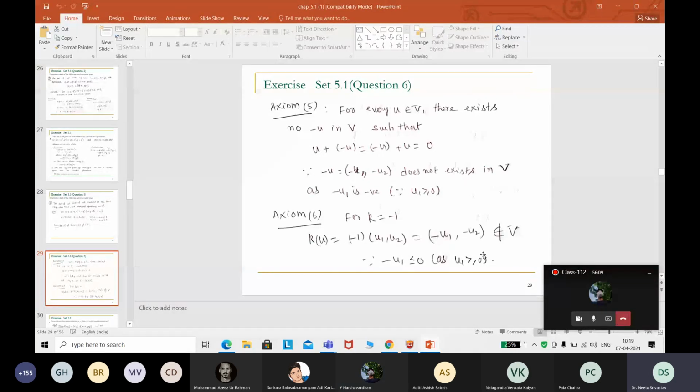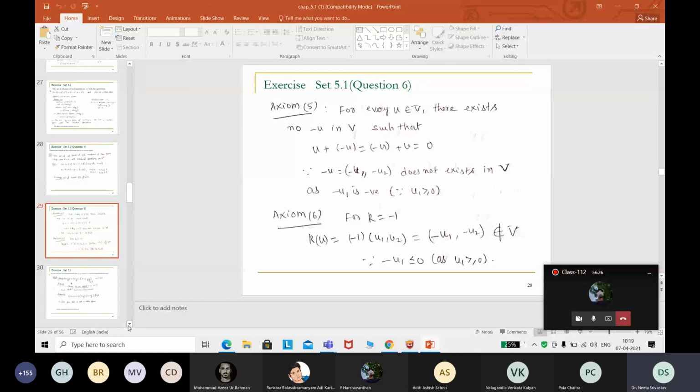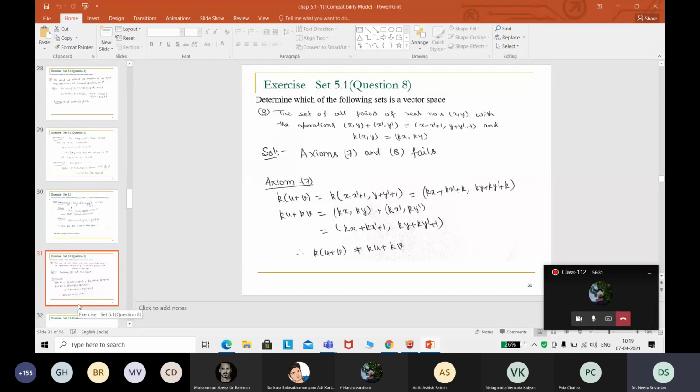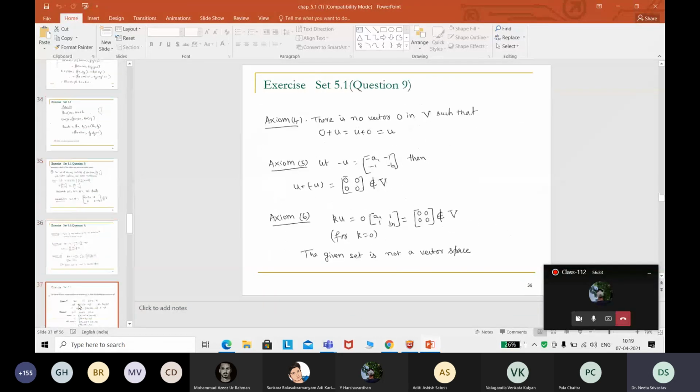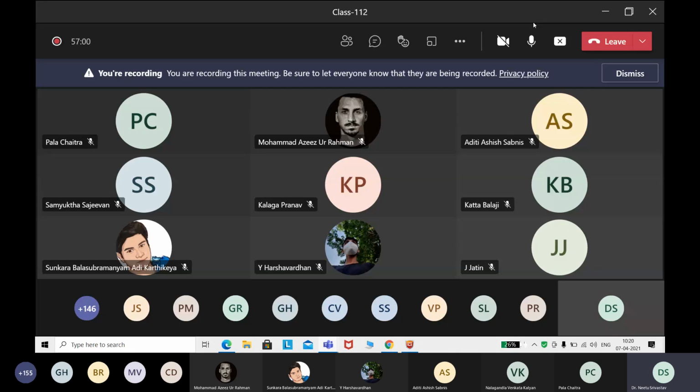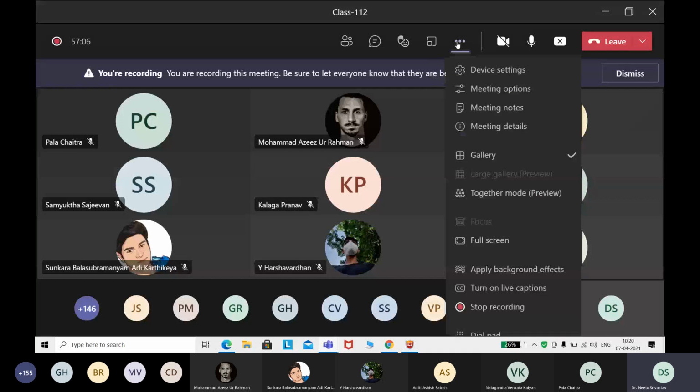Okay. Now 5.1 you people can try, and if you have any problem in that you can ask me, I will discuss. I think this PPT is only 5.1. So first you try and then I will give, because most of the times, either students will not be able to correctly identify the axioms, or they will not be able to identify the correct additive identity and additive inverse. Okay, so there you should be very clear with the